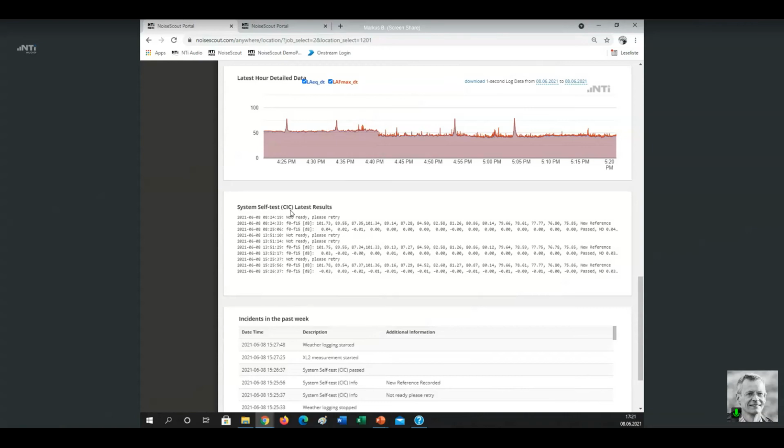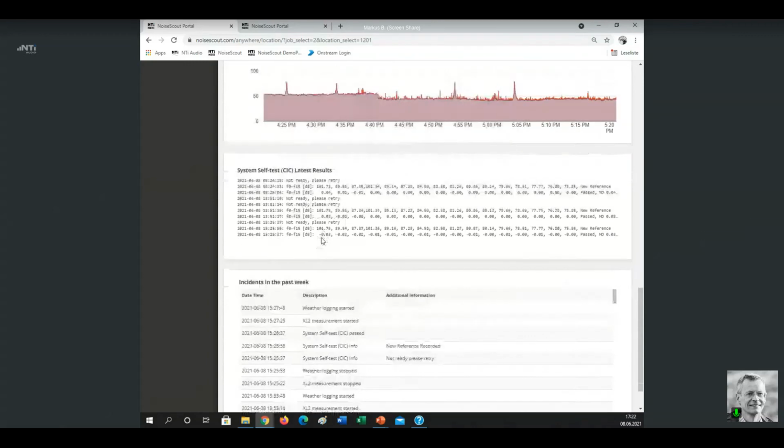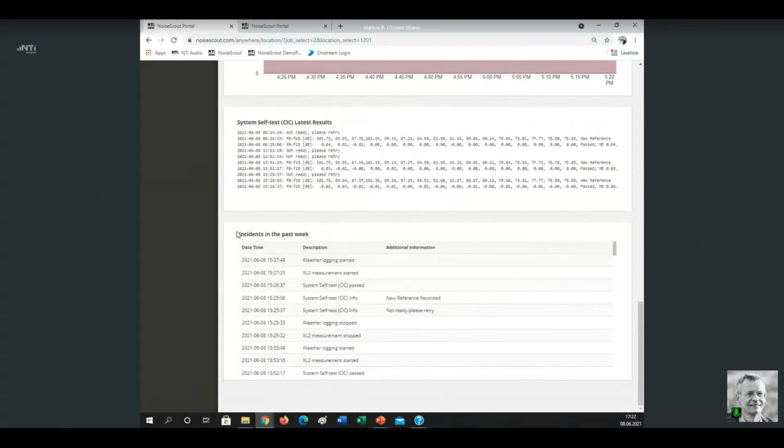So anyway, CIC is the old abbreviation, but we call it system self-test, which describes better the function of this feature. And last but not least, here a list of incidents that have happened in the past, whether you have started the noise monitor or stopped it, whether the weather station has been activated or not. All this information can be read on this list here.